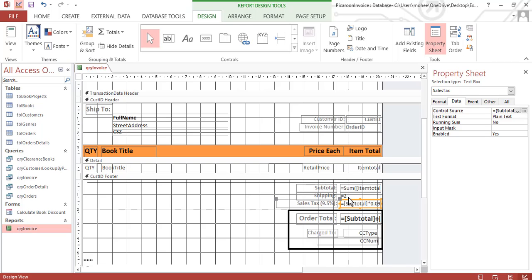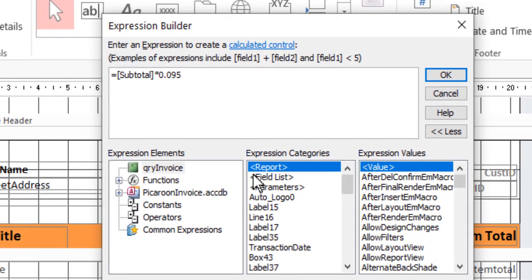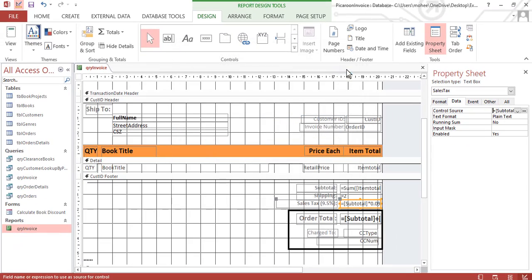So when we calculate the sales tax value in this field, we open the expression builder and write our expression like this: sale price times 0.95, so that is the 9.5%. So this will give us a sales tax value.